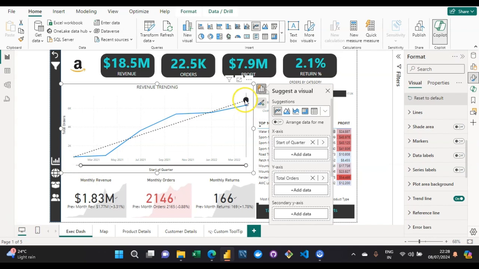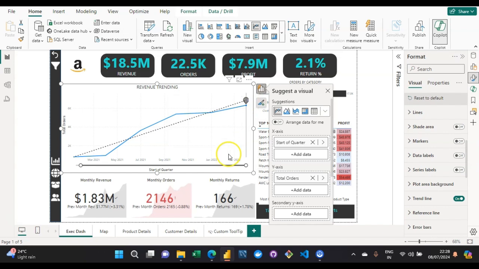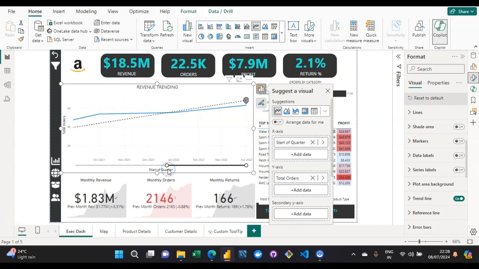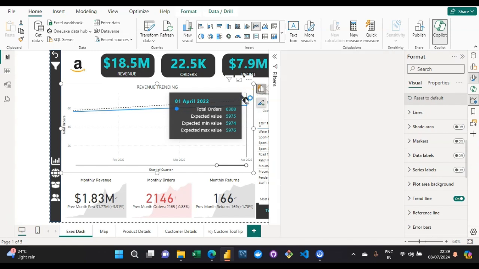If I'm clicking on this marker, let me just drag it. So on April 1, 2022, we are coming across this anomaly, right?